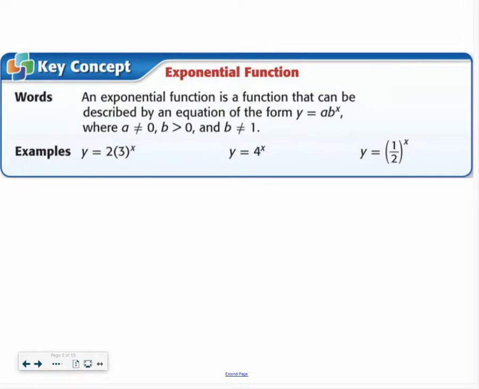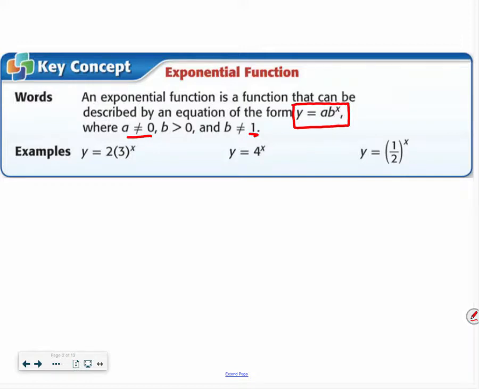So an exponential function is a function that can be described by an equation of the form y equals a times b to the x power. Okay? A can never equal 0 because that would just end up being 0 times the number, and we don't want 0 times the number. Okay? So A has to be a number. It can be positive or negative, and B has to be greater than 0, but it also cannot be the